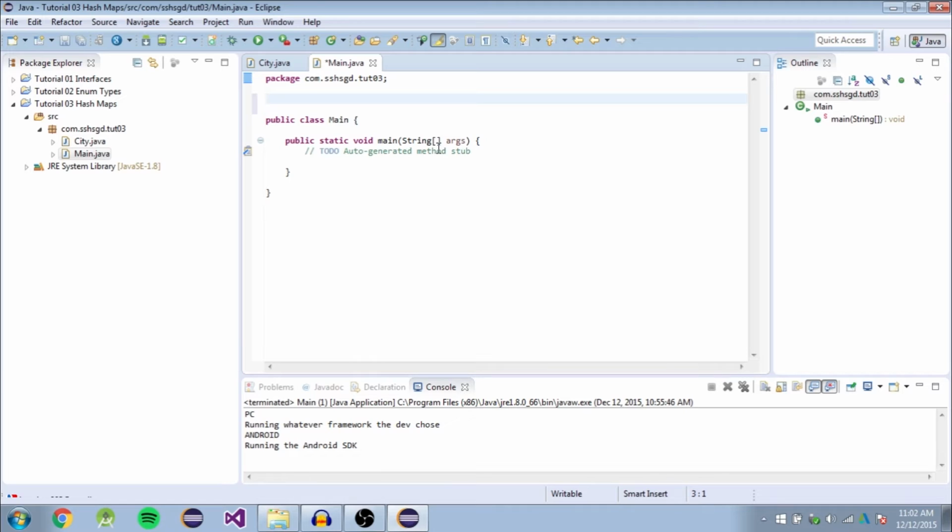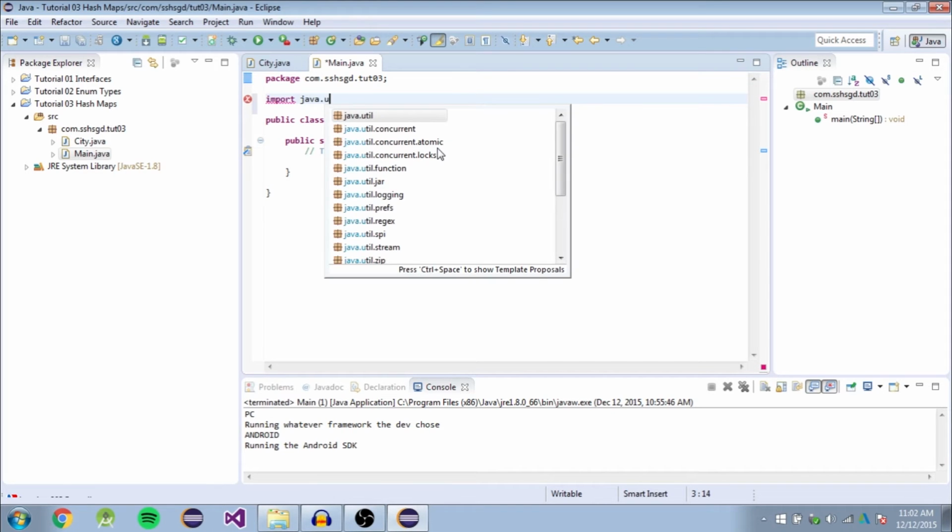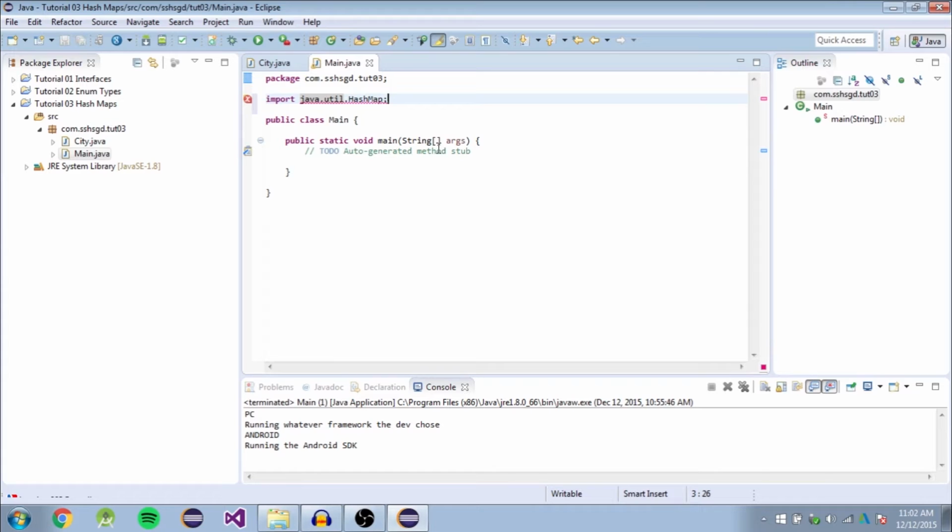So let's go ahead, hash map, just like an array list, you have to import it. java.util.HashMap. There it is right there. So let's go into how to make a hash map. So if you remember, in an array list, you put the type in these angle brackets, right? But in a hash map, we have to tell it what kind of thing will identify each element in the hash map. So that comes first. A really nice thing you can do with hash maps is make a string the key, and then you give it what type it's going to hold. So it's a hash map where the string is a key, and it's a hash map of cities, where each city is